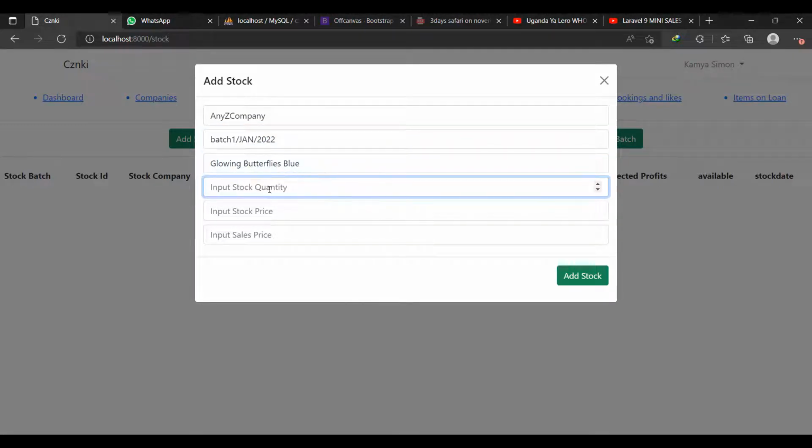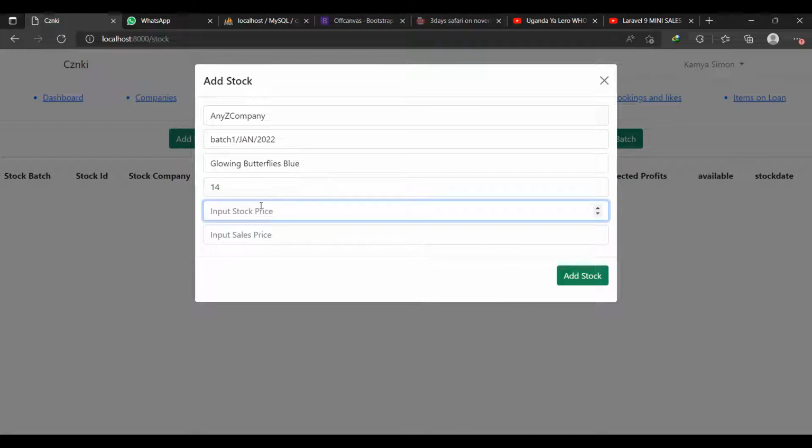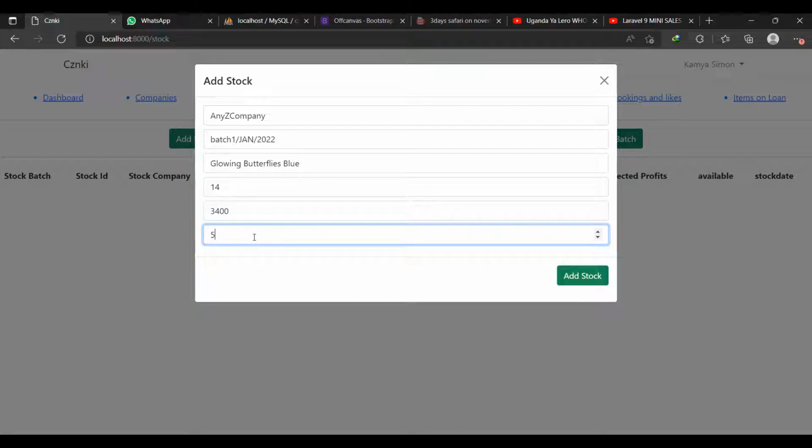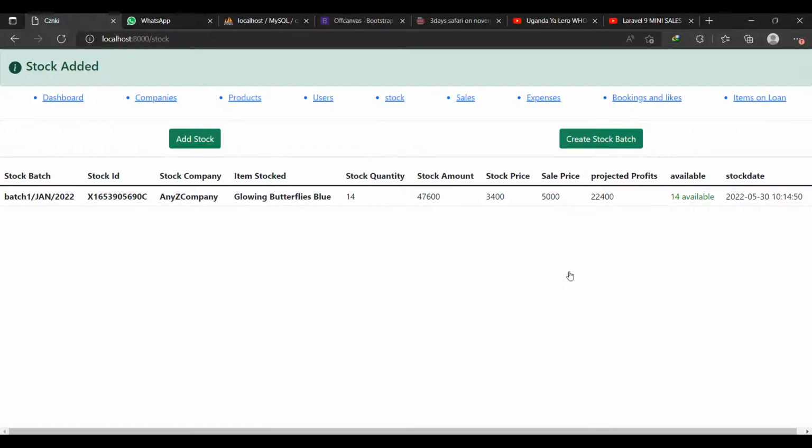And then the amount of stock, so they are going to be, let's say, 14. And then the stock price, maybe, and then the sale price, and then you choose to add stock. Okay, so 14 are available for that, and this is the projected profits. Okay, so I'm going to add